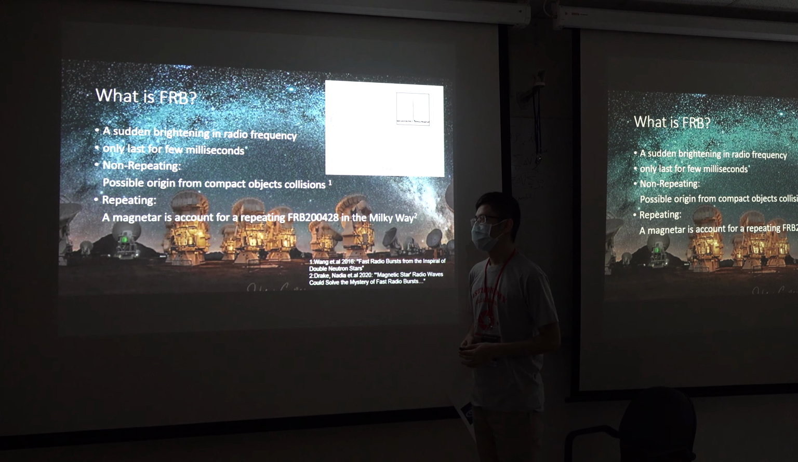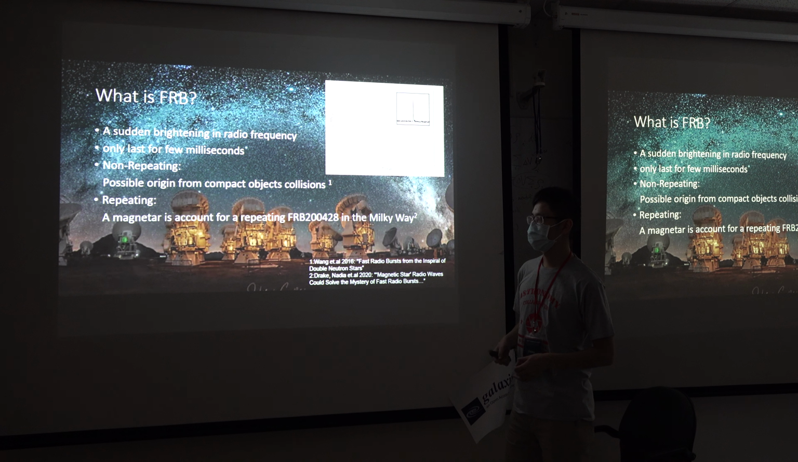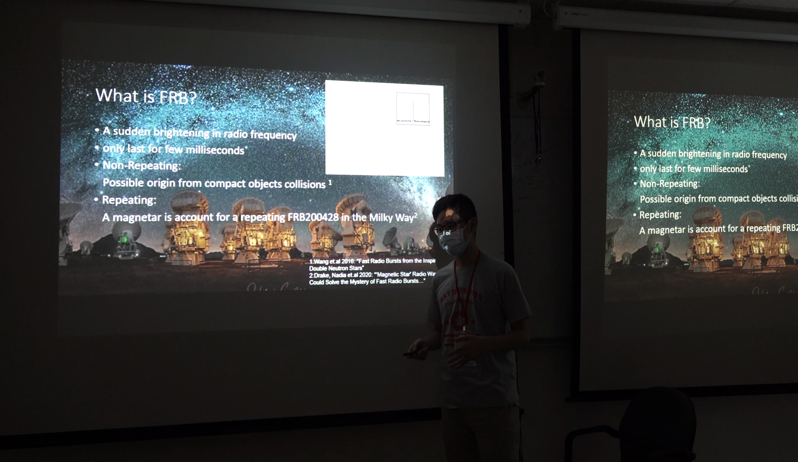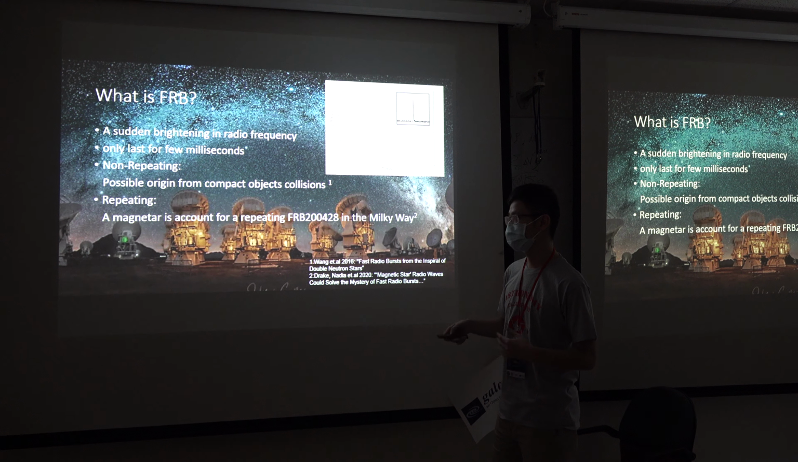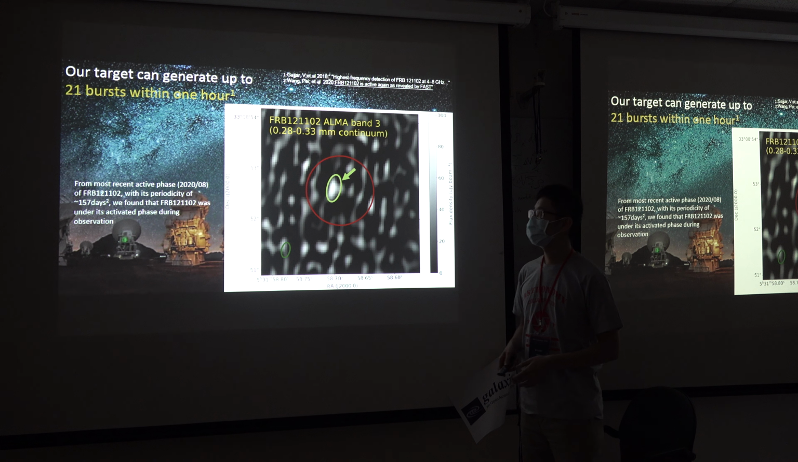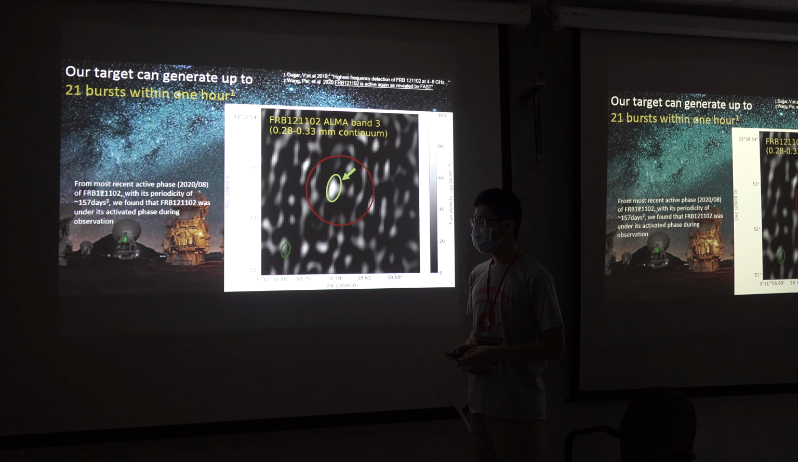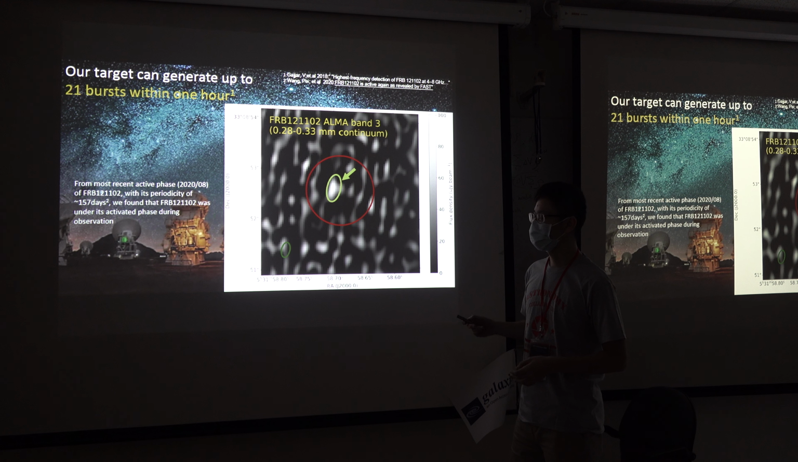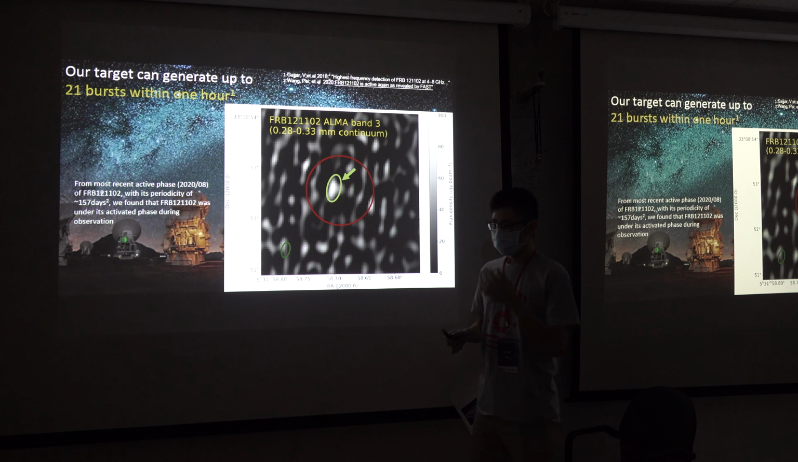Repeating FRB was found early this year. A magnetar is accounting for the repeating FRB 200428 in the Milky Way. So there might be a lot more models for explaining what FRB originates from, but I'm not going to tell the detail here. So come back to our target. Our target suggests that it can generate up to 21 bursts within 1 hour. So there's a higher chance